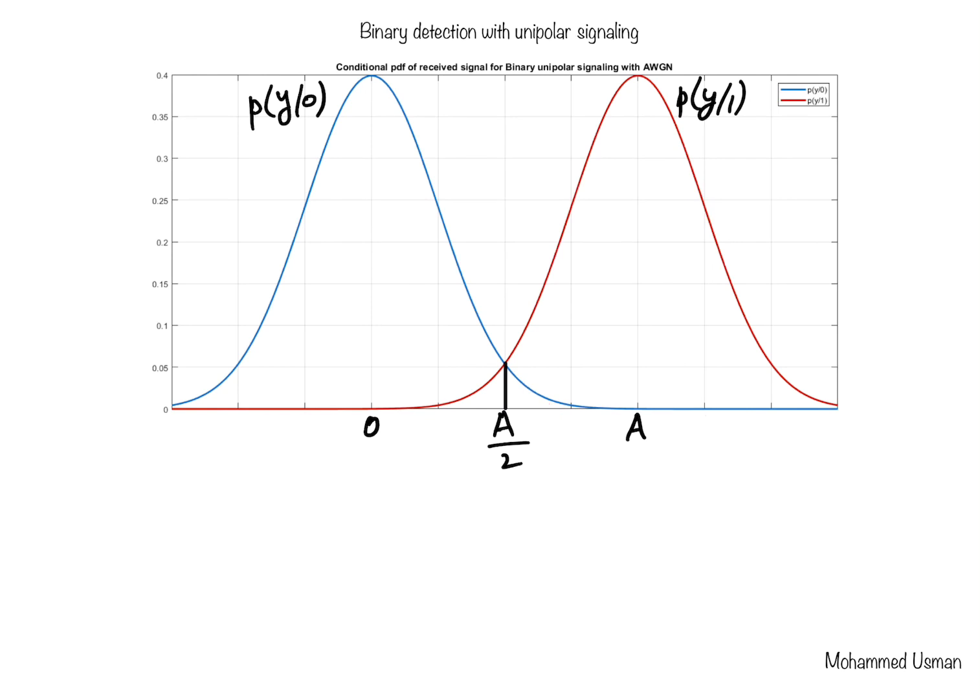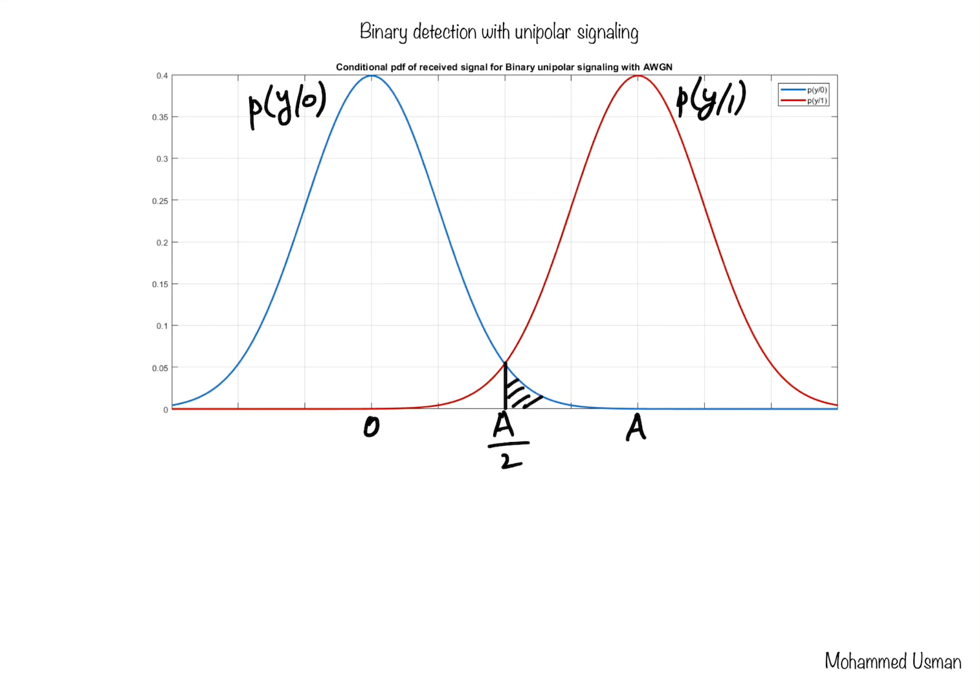That means there is some probability that we transmitted a 0, which gives us this PDF for the received signal, but the received signal is greater than this threshold. So that would constitute an error. When we transmit a 0 and the received signal is greater than the threshold, that area under this curve here from a by 2 to infinity will constitute the error probability when a 0 is transmitted. So the area here,